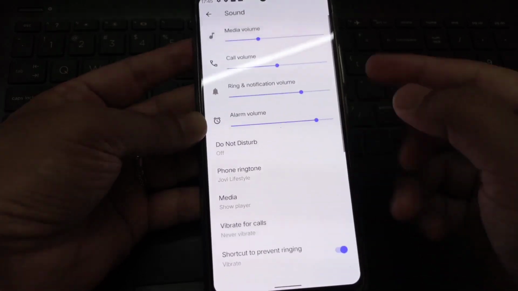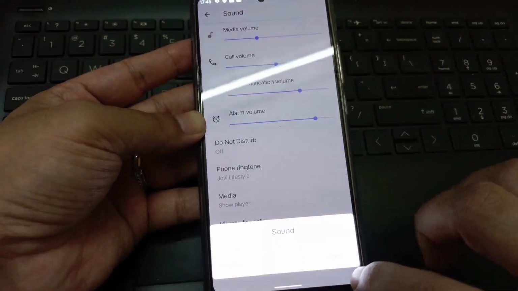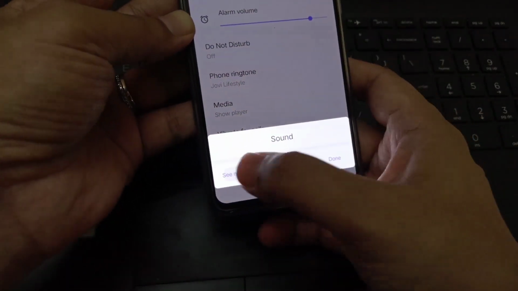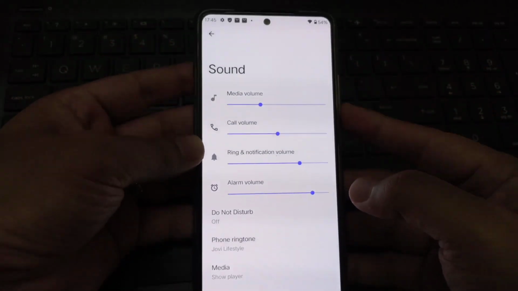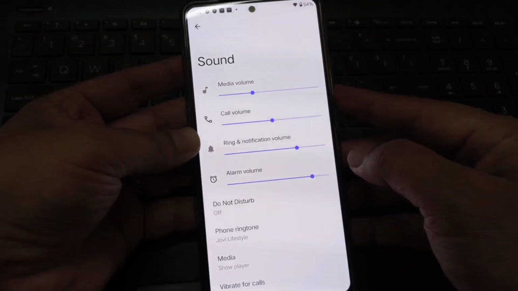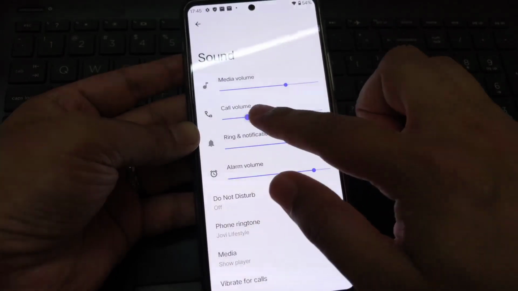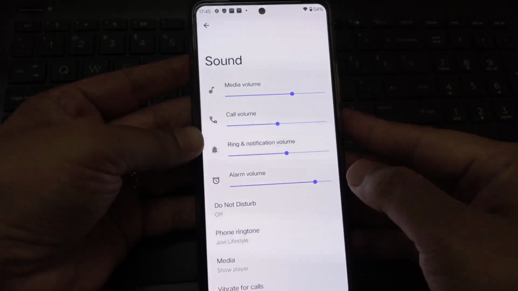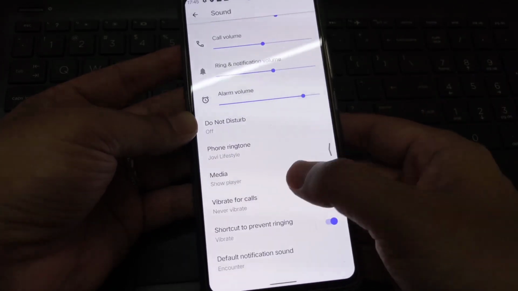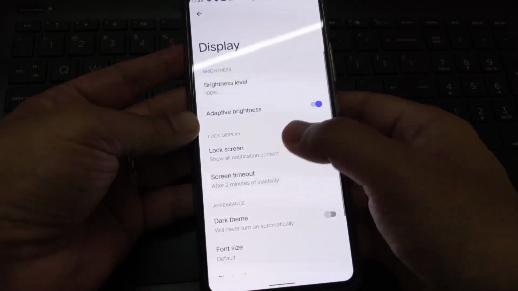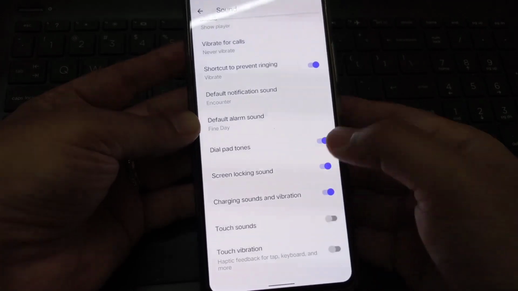Sounds, there is nothing new, but you can see this bar, and the only option it pushes is like this. So there is not much. This is the first version, and the second version will come at the end of July. So this is the only thing you can see as of now. The media volume, the call volume, the other buttons are not here. You can hear the ringtone. One more thing for the sound: there is no hi-fi available and no sound settings change.